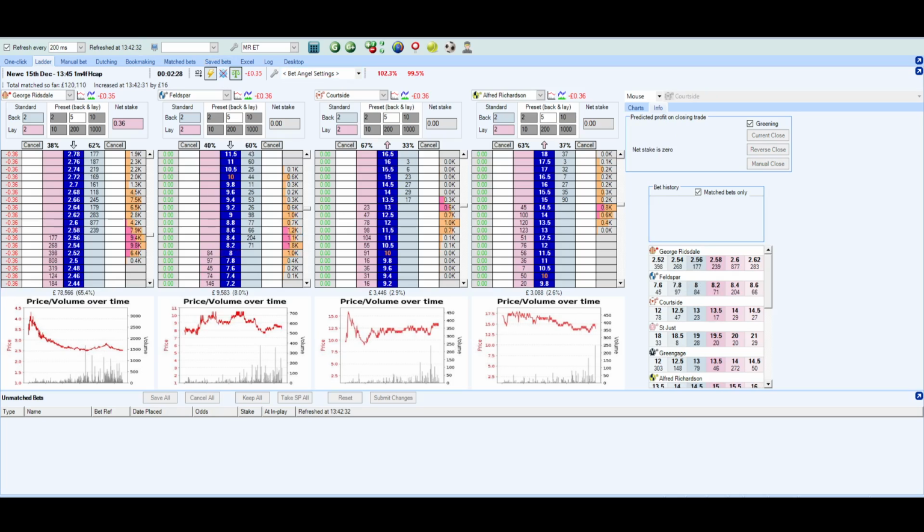So yeah, taking a loss on that, but overall I feel like I traded that well, so I'm happy with that trade. Even though it's a losing trade, I've made a loss, I still feel that I've traded it well. So that's a winning trade in my opinion, even though it's a loss. So next one,